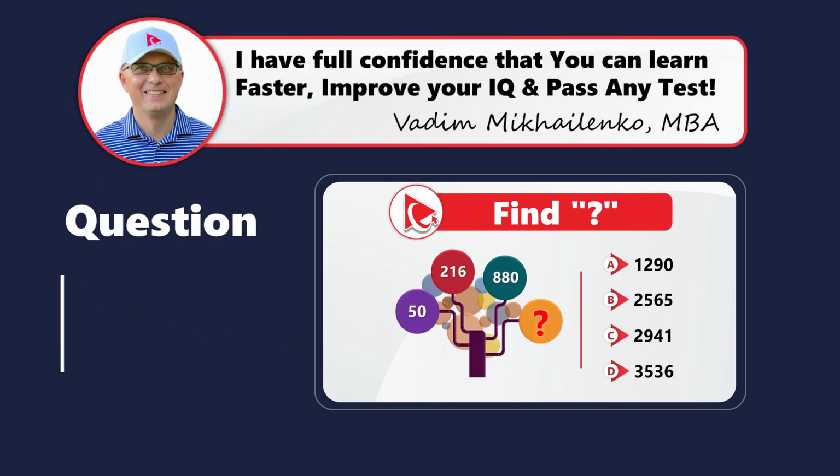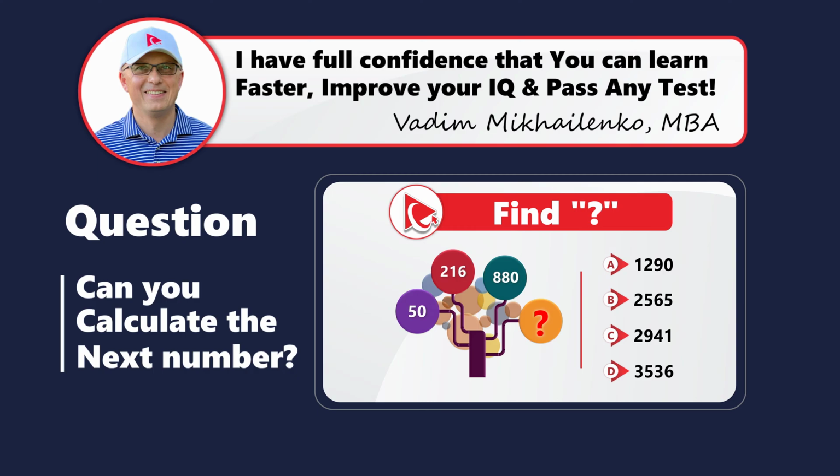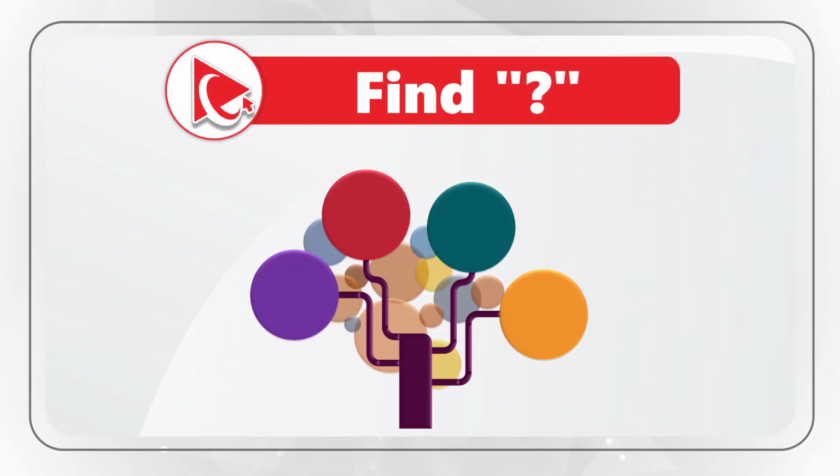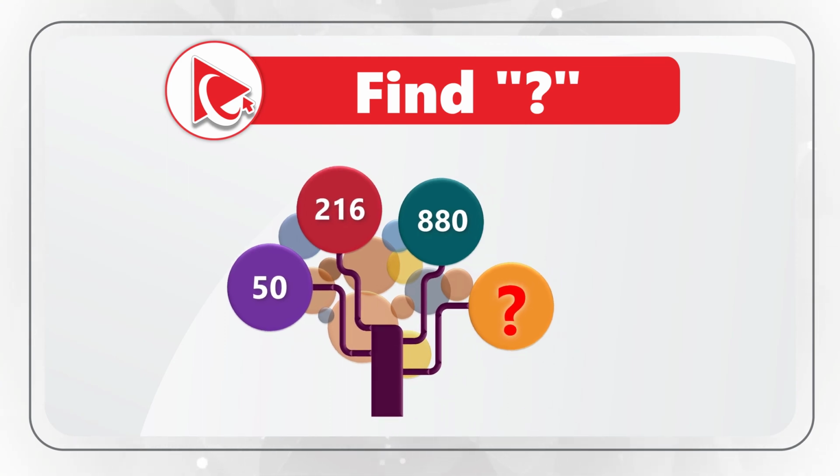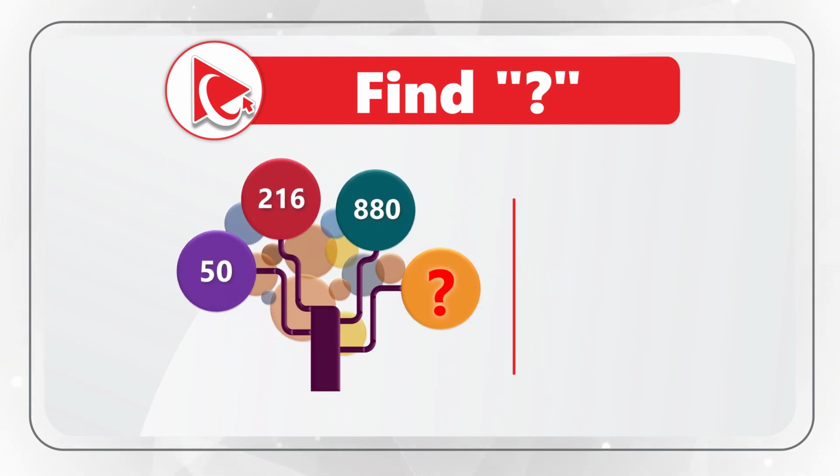Here's an amazing question where we need to find the missing number. You're presented with the tree-looking like structure, and it has the numbers in the circles on the top. The numbers are, if we start from the left, 50, 216, 880, and then comes the missing number. You need to calculate and select the missing number out of 4 possible choices. Choice A,